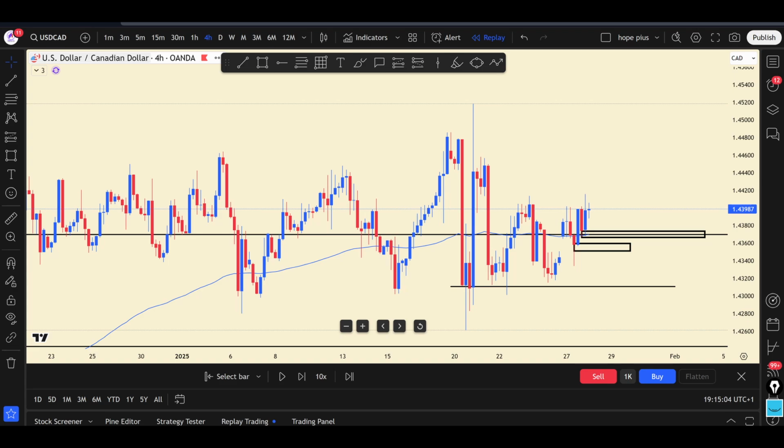So I sent this out telling them they can take an entry here and an entry here. Two entries. And then we target levels here and then these levels here. So the second thing you need to do as a successful trader is to mark out your levels just like this and wait patiently for the market to come